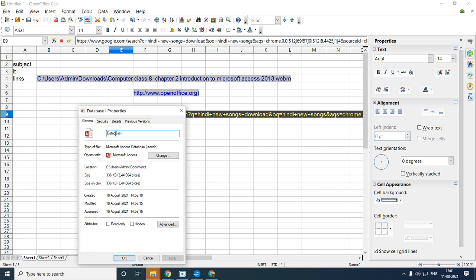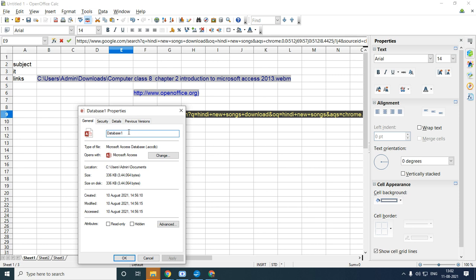if by mistake the file is saved in two different locations, then the link will stop working. It will stop working if it is present in two different locations. But in an absolute hyperlink, even if the file is present in two different locations, it will not stop working. It will work. That is the second difference. Understood the second difference? As you can see, this database 1 file is present only in my C drive. If it is present in two drives, C drive and D drive, then that relative hyperlink will stop working.